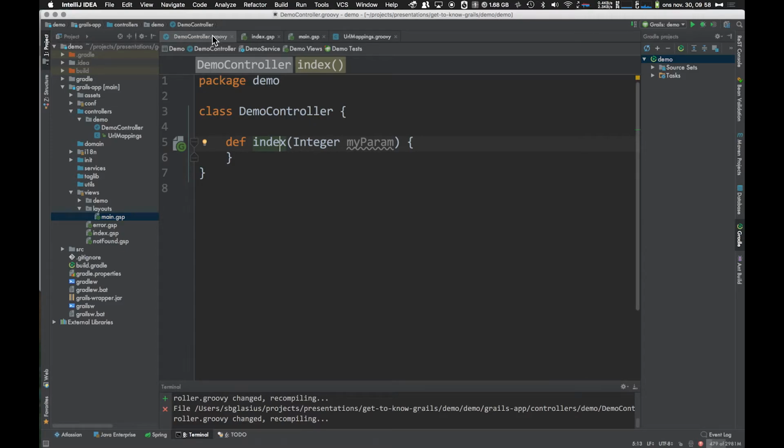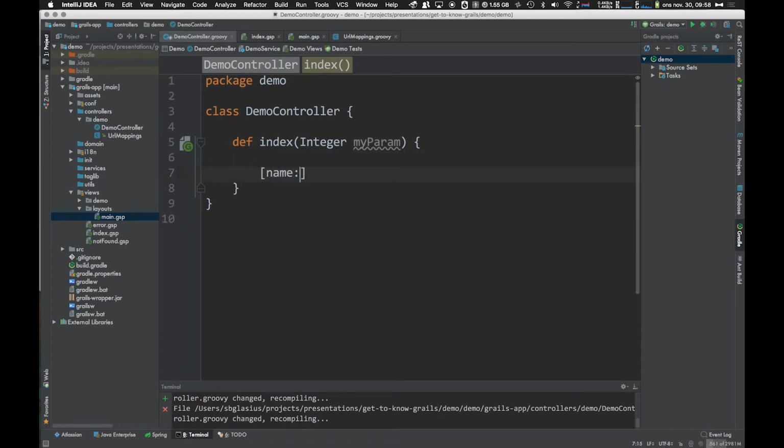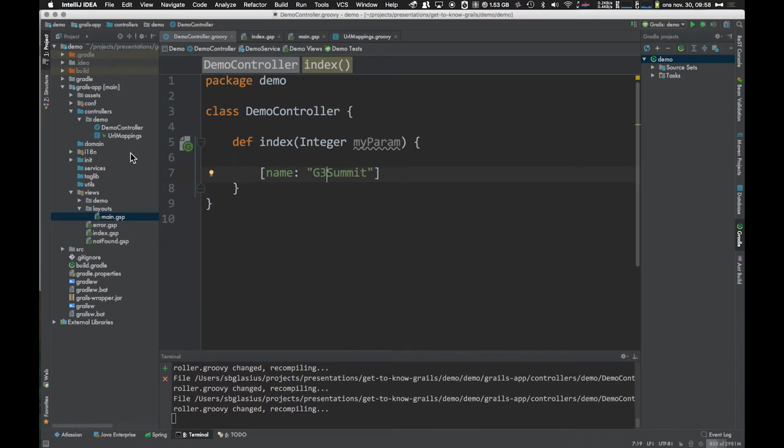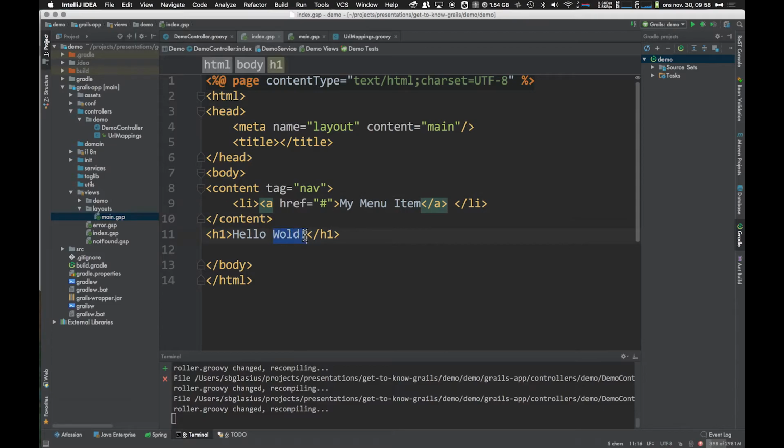The template is in the views layout folder called main, and here we actually see that it's a little more advanced. It includes some style sheeting. It has some navigation menu, and it has a footer and some other stuff. And this is where everything gets weaved in. The short version is that everything that's in the header in our GSP page here is extracted and put into our layout here. And everything that is in our body